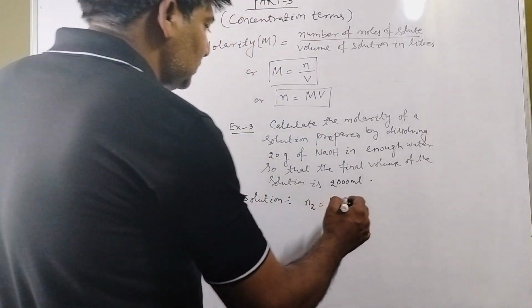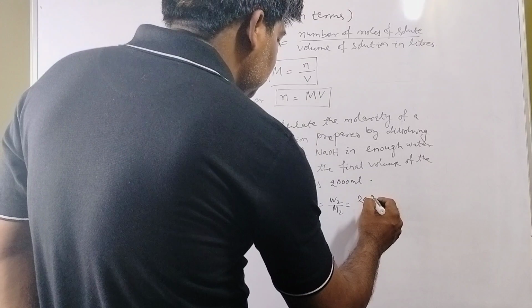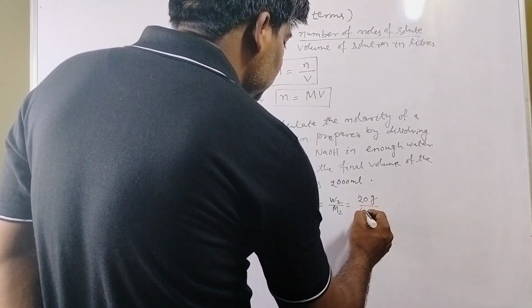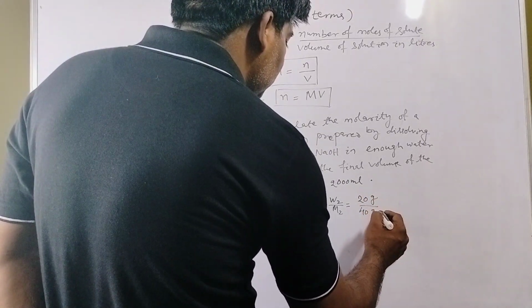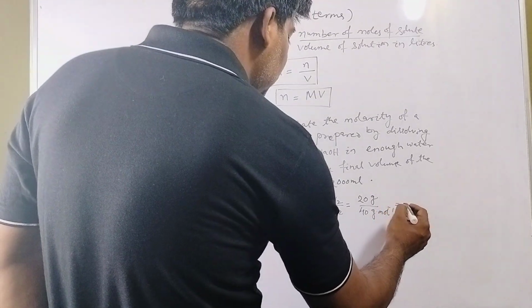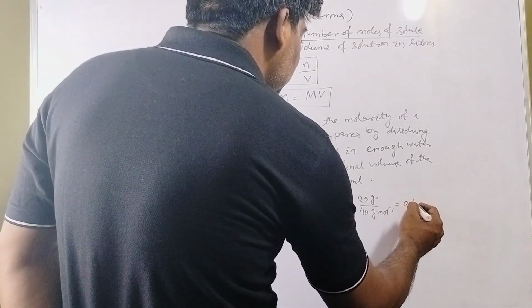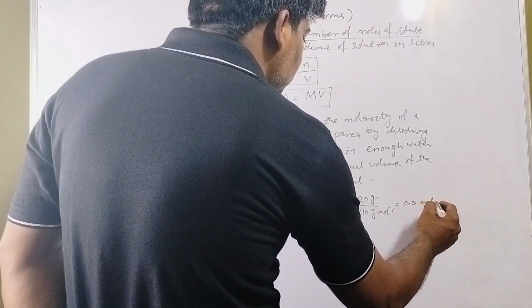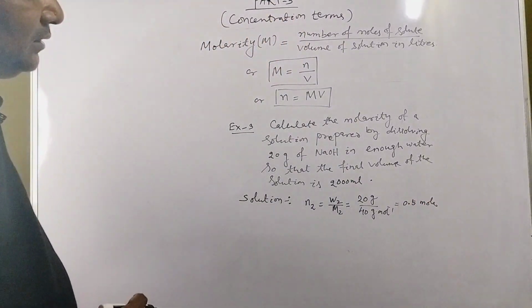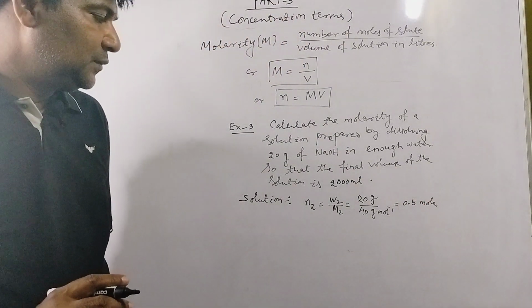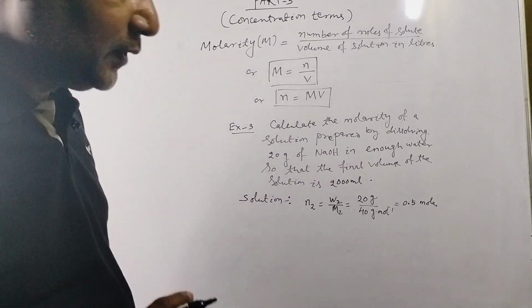That is 20 gram by molar mass 40 gram per mole. That gives 0.5 mole. Okay. So here number of moles of solute is 0.5 mole